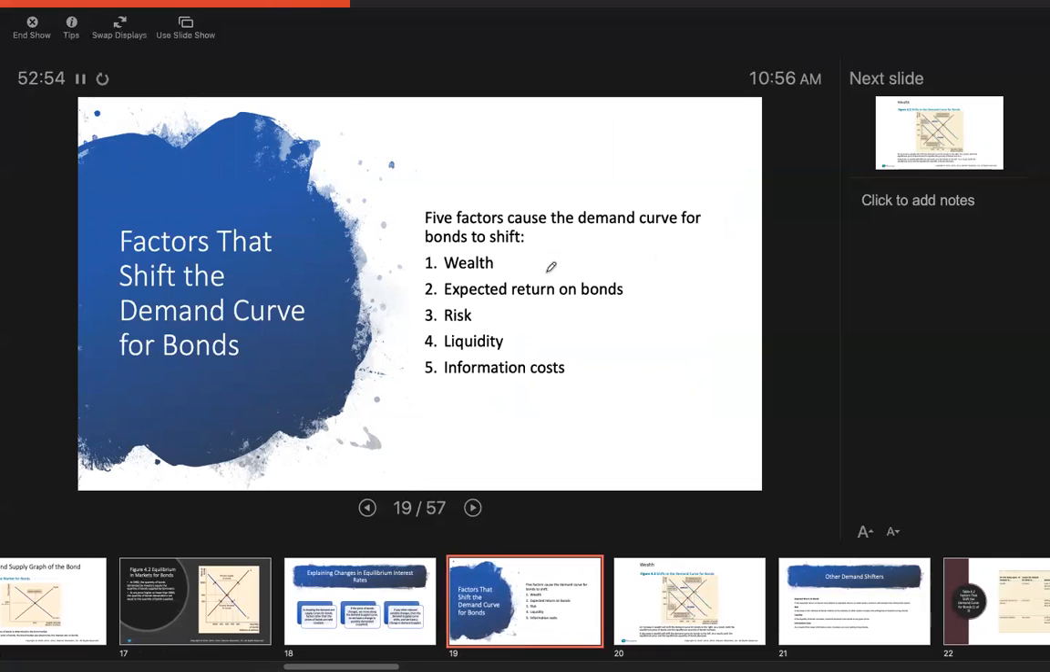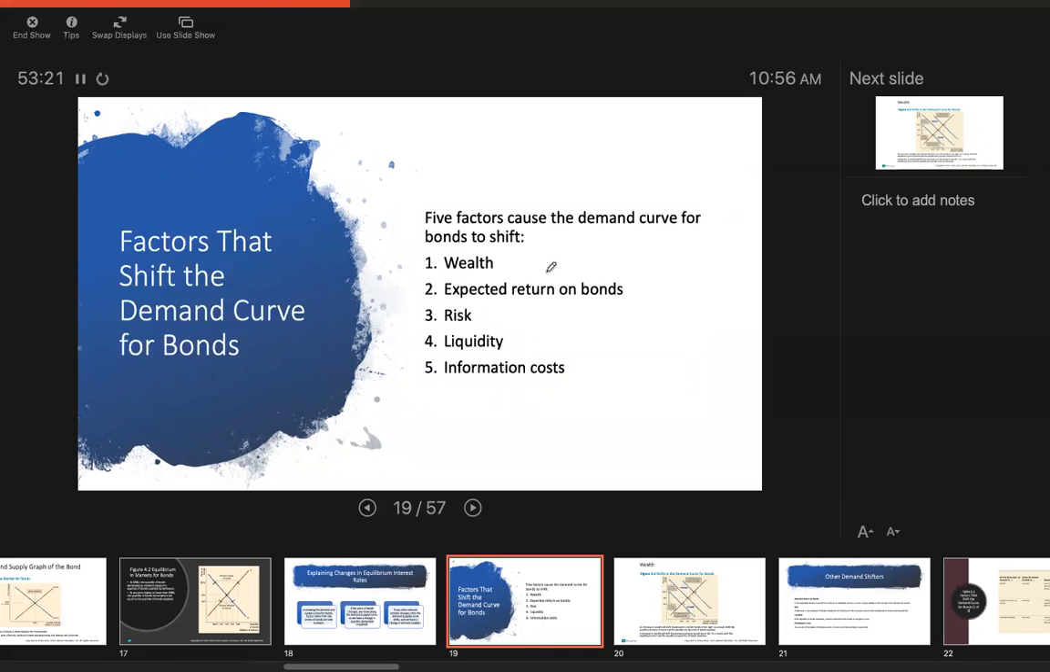First, we'll talk about the demand side of the bond market, and then we'll talk about the supply side of the bond market, right? Okay. So we'll talk about 5 factors which cause the demand curve for bonds to shift. These are the most dominant factors which cause the demand curve for the bond market to shift. There's other factors you can consider, but for the sake of brevity of the argument, we'll focus on the big